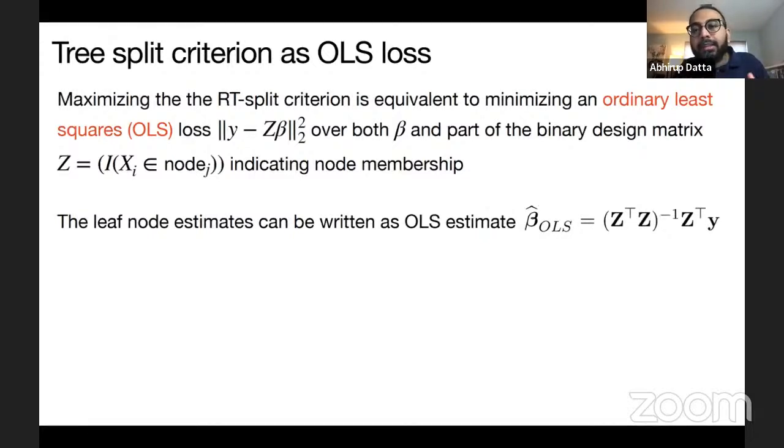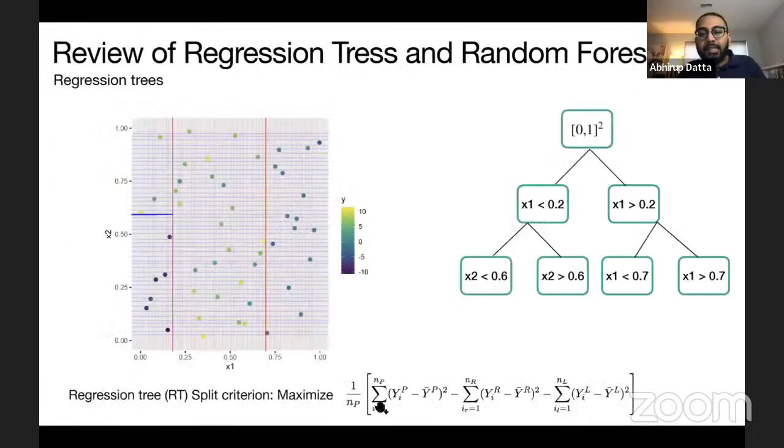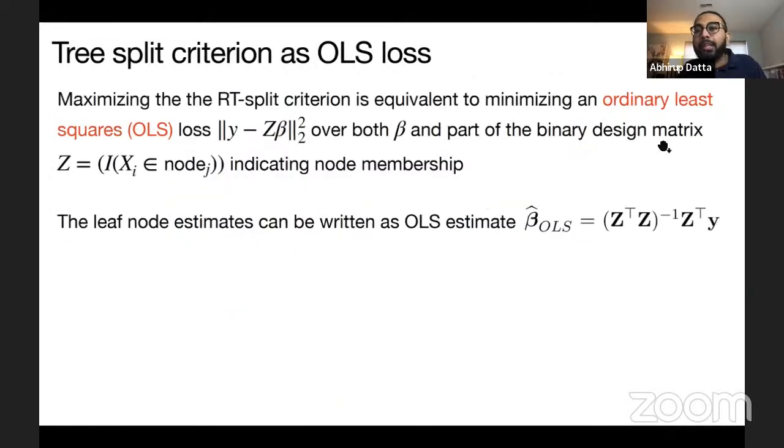So how do we extend it to actually use the spatial covariances? The key idea is that this loss function that we see here, which is maximized in a random forest and is called the regression tree split criteria, is equivalent to minimizing an ordinary least squares loss, (y - zβ)², where z is a design matrix whose ijth entry tells you whether the covariates of the ith data point belong to the jth node, or the jth rectangle.